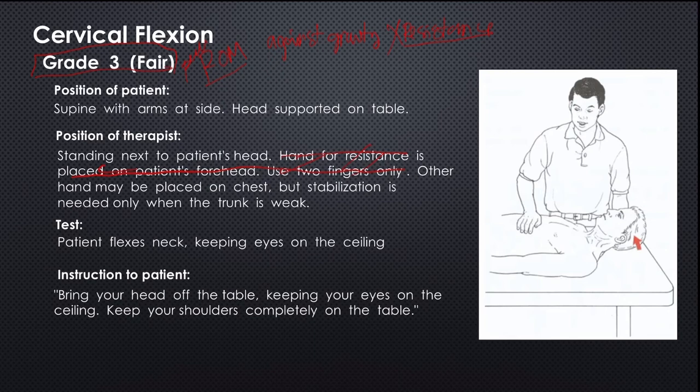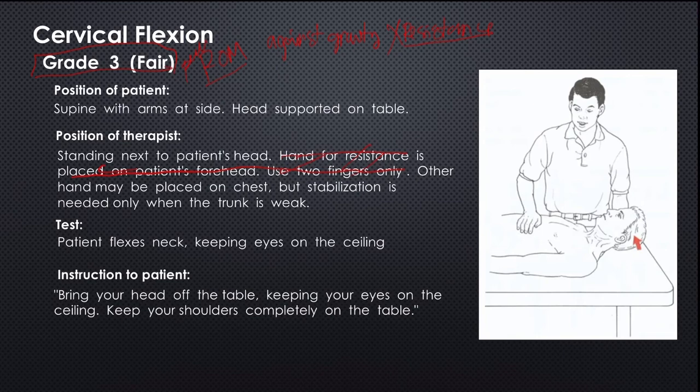But if the patient cannot do grade 3, that's the time you modify for grade 2. Are you getting my point here? So in the clinics, do grade 3 first, then assess the patient. Was the patient able to perform grade 3? If yes, then you can increase the resistance to see if the patient has greater strength in the muscle being tested. If the patient cannot perform grade 3, then you lower your testing procedure. You go one grade lower, so that's grade 2,